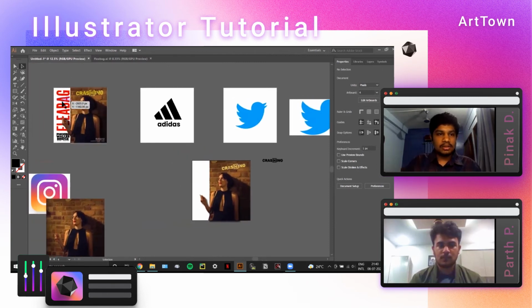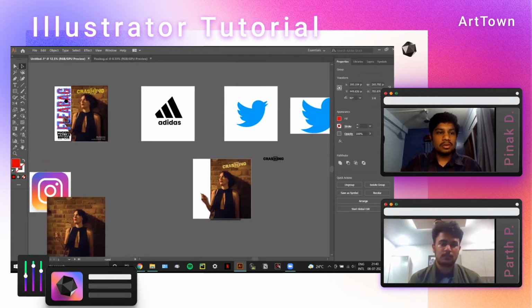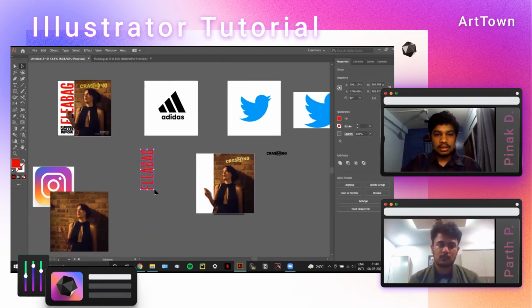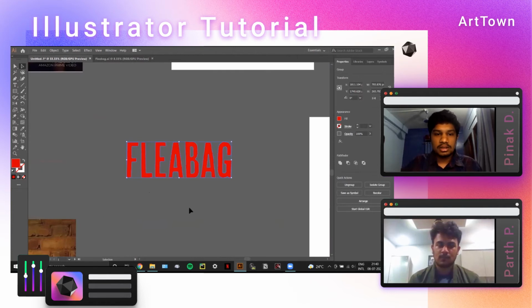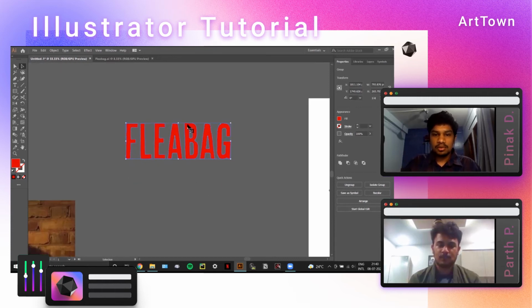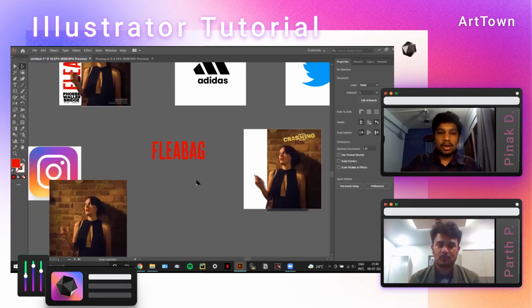The second thing which we did was adding Fleabag. The Fleabag logo, if you see, is quite peculiar. The earlier one was a simpler thing, which was just Crashing, and we had the correct font, which was Rubik. But this is quite difficult to get. As you can see, it's sort of a defective font, because it does not have any clear... I wanted the same thing, and there isn't a font available.